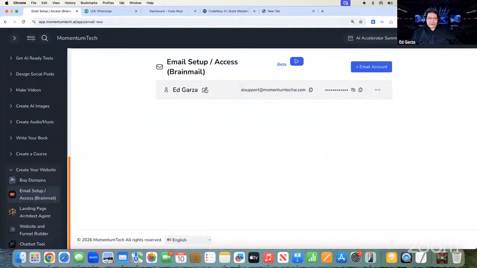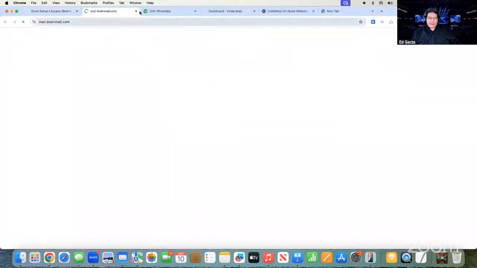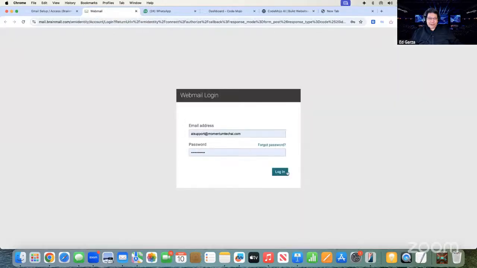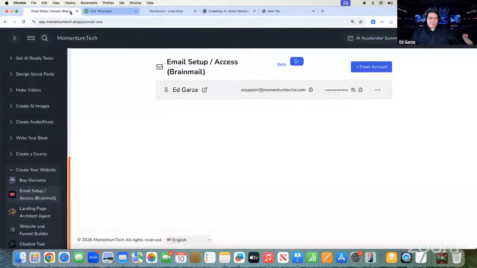Then this button over here takes you to your email account, where I click on that and boom, it opens up my email and I can log in. I have my password saved. I can check my email right here, webmail. Okay. So that's email setup.